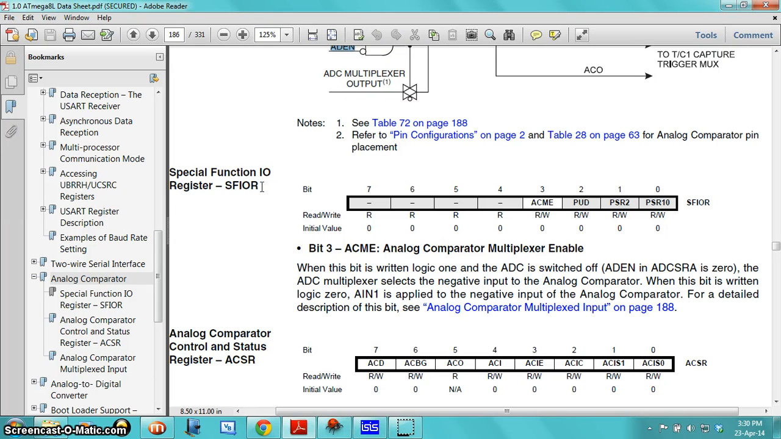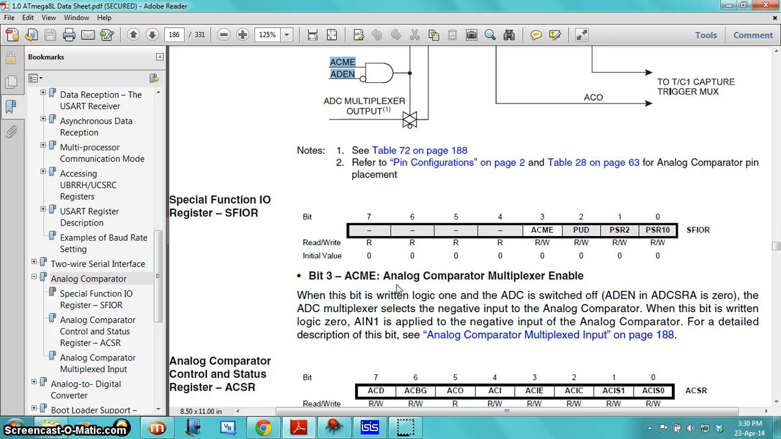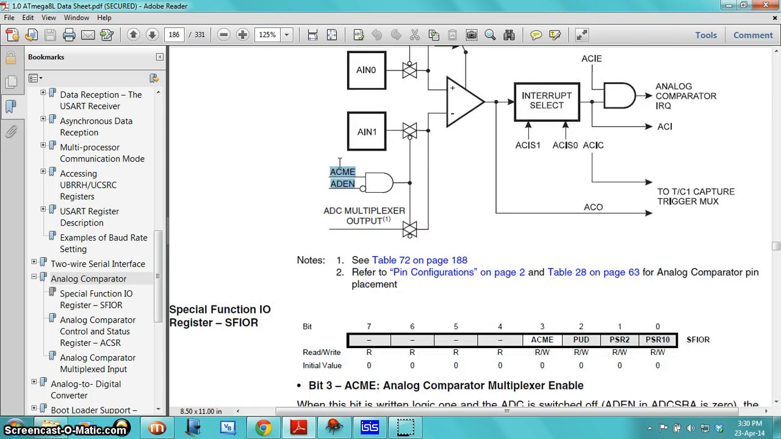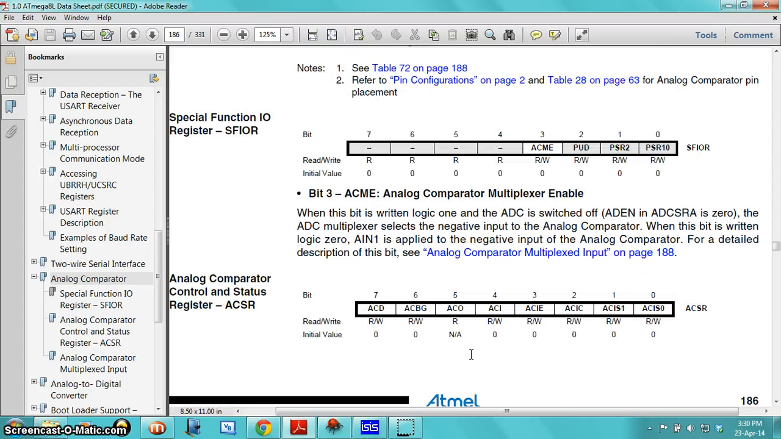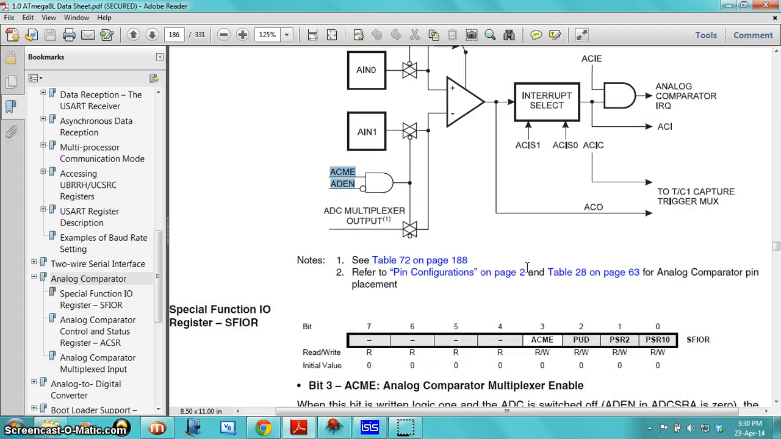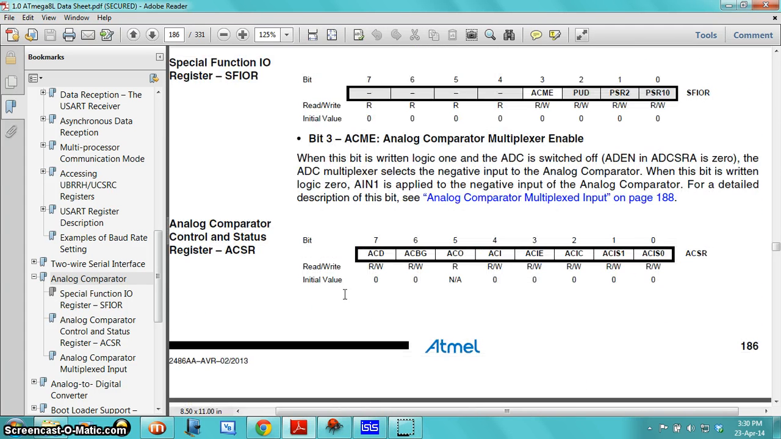Now there is a register called SFIOR, which is the special function IO register. You don't have to use that, but just go through it, because if you are using the ADC multiplexer output or the band gap reference, then these registers will help you. The register I am concerned about, I'll be using this ACO bit. So the register I am concerned about is